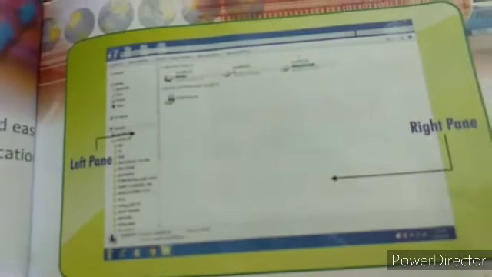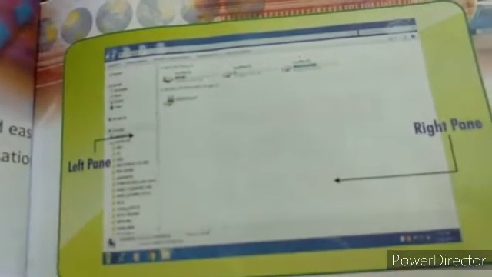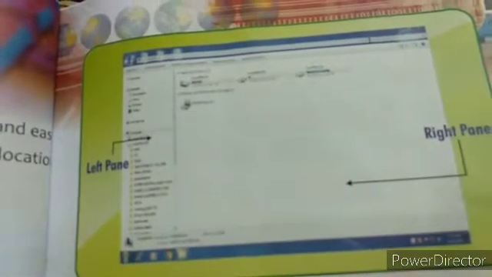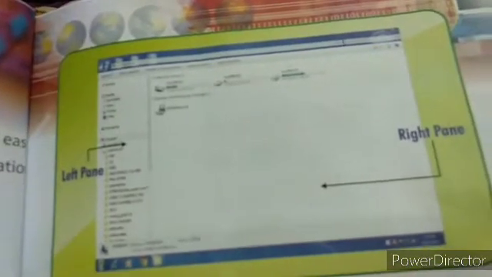This is called Windows Explorer. Here there are two panes as shown. The first one is the left pane and the other one is the right pane. What is the use of the left pane and right pane? Let's see now.